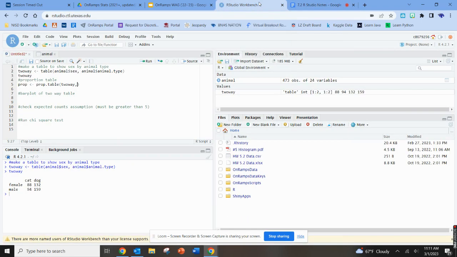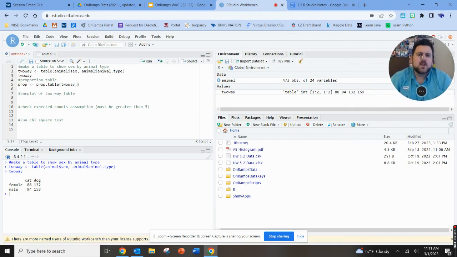But basically, the difference of the 1 and the 2 is which variable do you want the proportions broken down by, right? So if we type a 1, we're going to say that we want the sex variable to be what we organize by. So the proportions of male would add up to 1 and the proportions of female would add up to 1. Okay. If I type a 2, I'm saying I want animal type to be what I categorize by